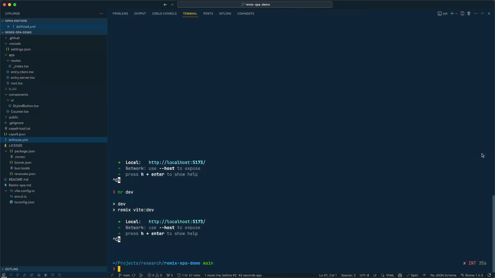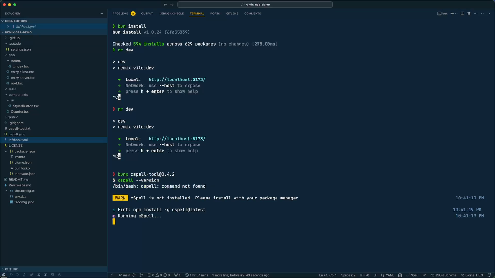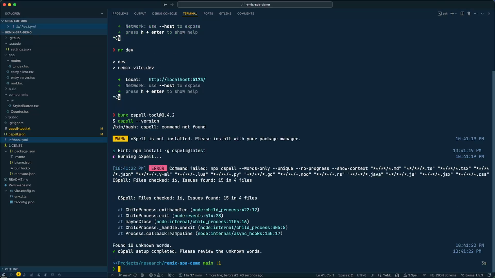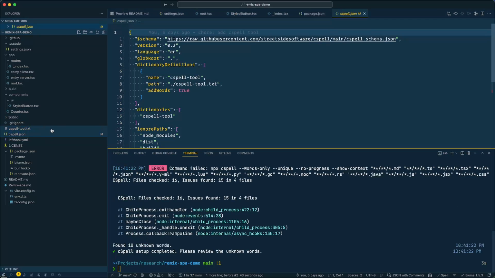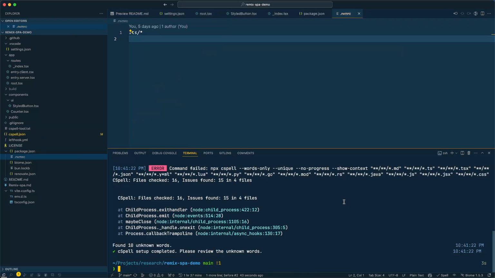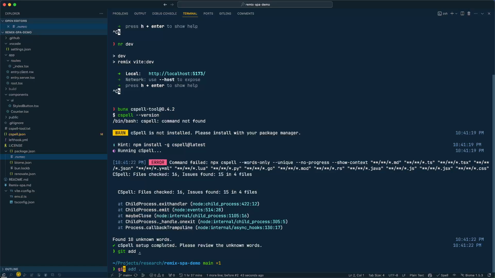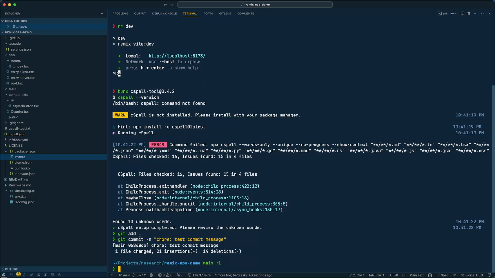For example, let me show you. I'm going to use this one. So this is the tool I use to check unknown words on the project and generate updates here. So you see this is the file. That's only one file. You see the color is different. If I add everything, I can commit, just try something like let's commit, message, enter. And you see here, this process is already done, but when I git push,